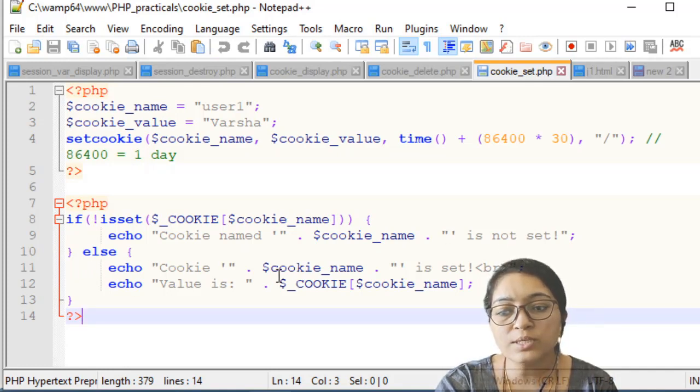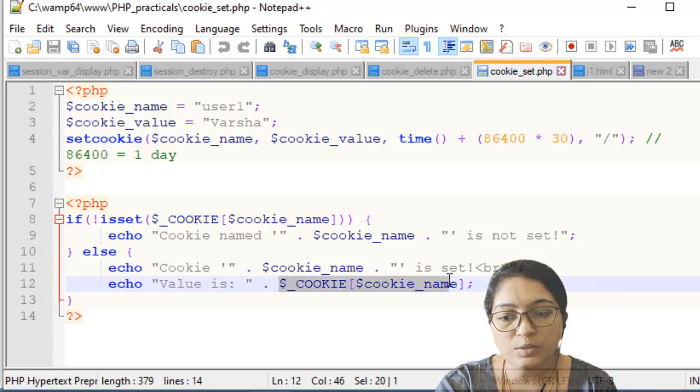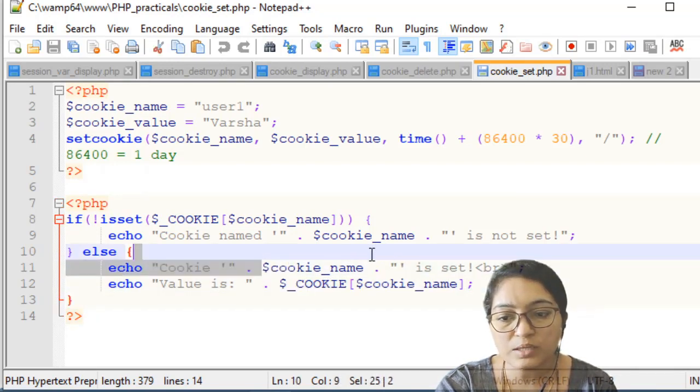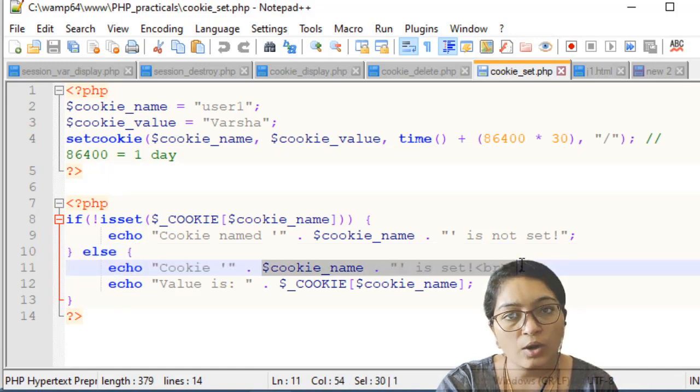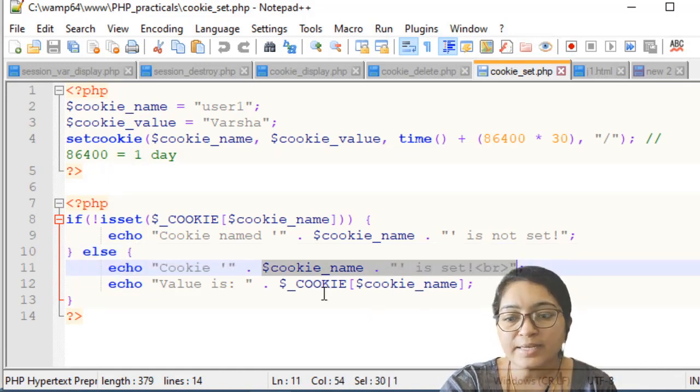You just display the cookie name and echo the value as $_COOKIE, and in brackets you write the cookie name. Okay, this way we can display the value and the cookie name also. Got it? So here let's execute this practical.